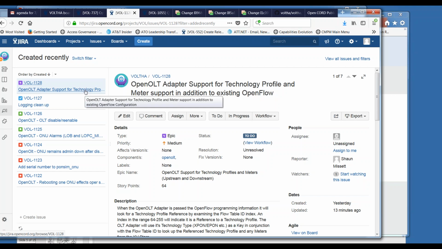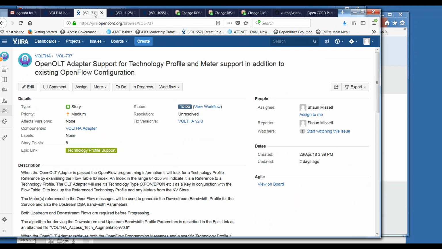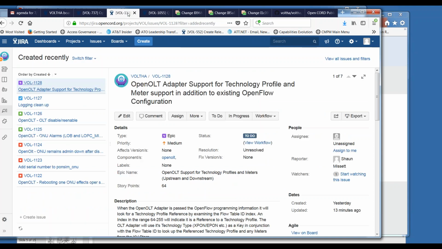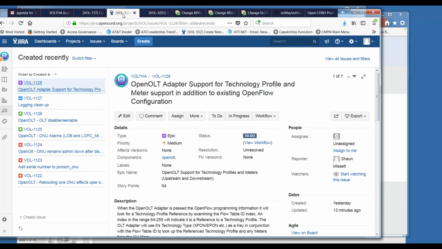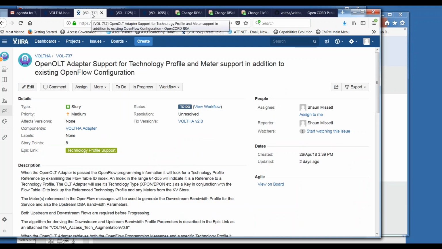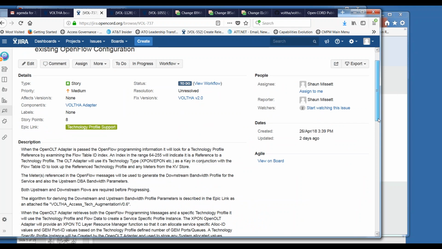I'm wondering what to do with VOL-737. Do I just delete or close it, since it's essentially going to be made into an EPIC? I saw one new EPIC you created, 1128. Yes, that was VOL-737 translated into an EPIC. If this is just a duplication at this point, then I think we can close it.